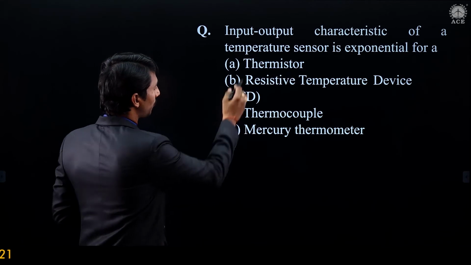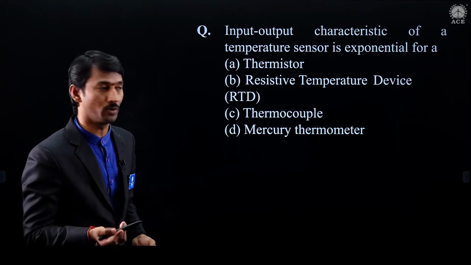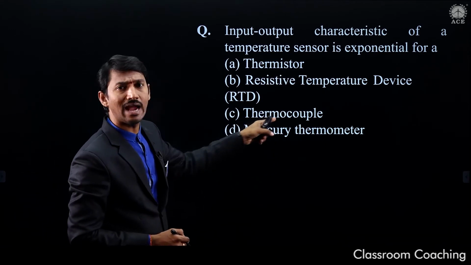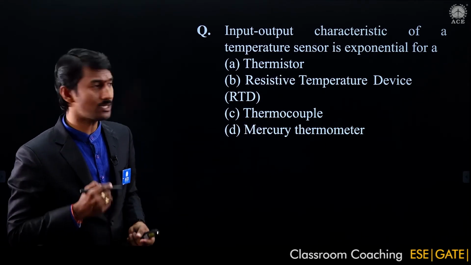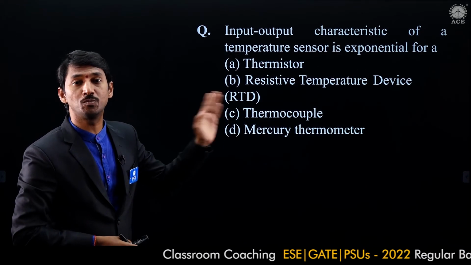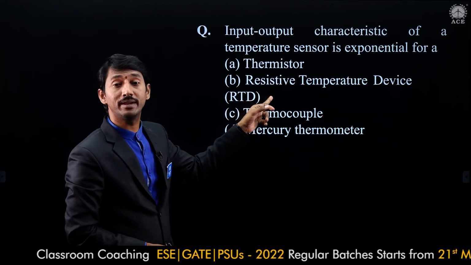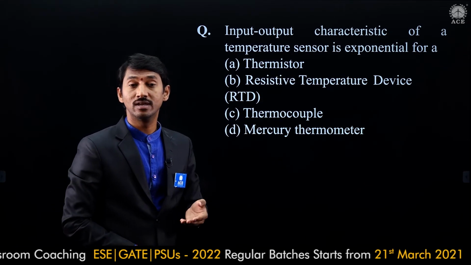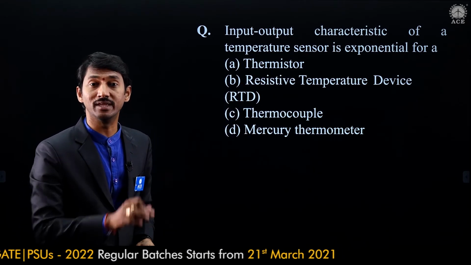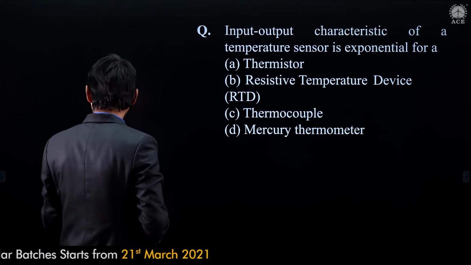So out of all these, RTD has a positive temperature coefficient of resistance, that is a passive transducer. Thermistor has a negative temperature coefficient of resistance. Anyway, this is an active transducer. Thermocouple is an active transducer. So the characteristics must be exponential. Be clear. Second option, linear characteristics. Why? Positive temperature coefficient means if the temperature is increased, resistance also increases. But thermistor, negative temperature coefficient of resistance, means an inverse relation. So automatically an exponential relation will be there. So the answer here is what?